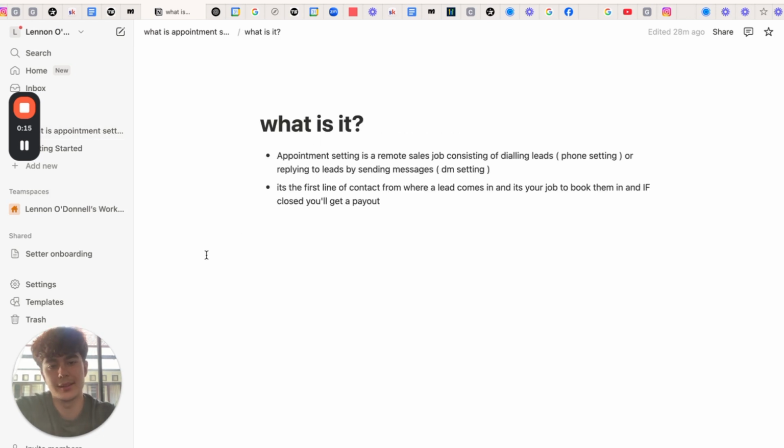So appointment setting is a remote job, meaning obviously you can do it wherever you want in the world, consisting of dialing leads, which is phone setting. So appointment setting is kind of categorized into two: phone setting and DM setting, or replying to leads by, obviously what I mentioned earlier, sending messages, which is DM setting. So as an appointment setter, you are the first person in contact. You're the first line of contact going in from where a lead comes in, and it's your job to book